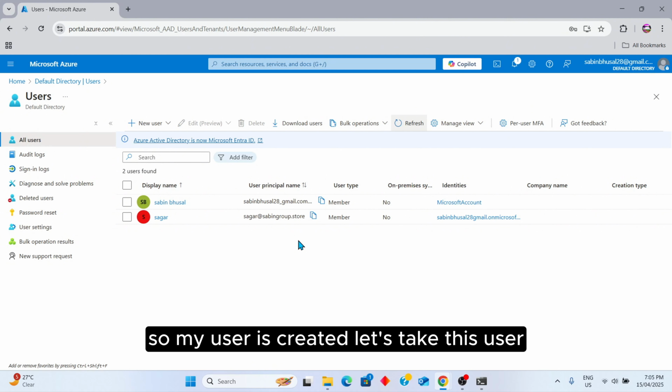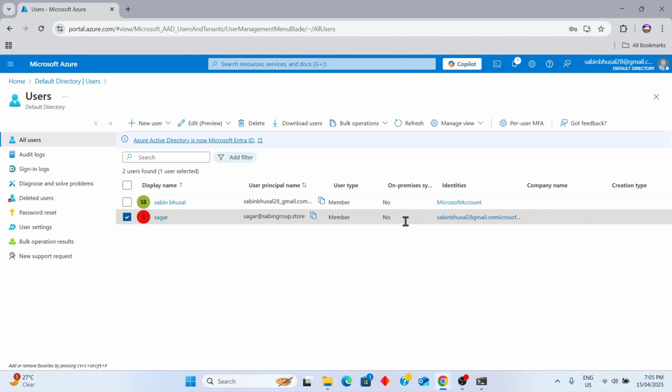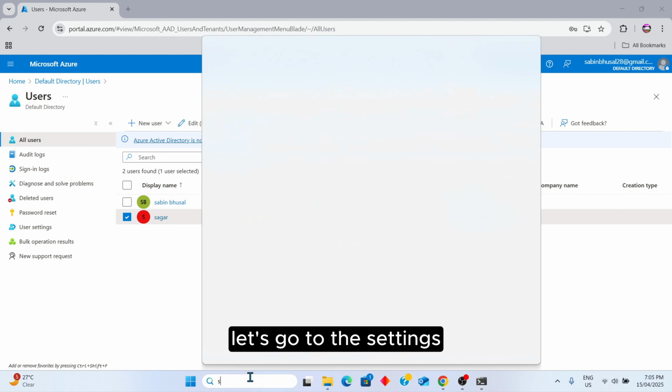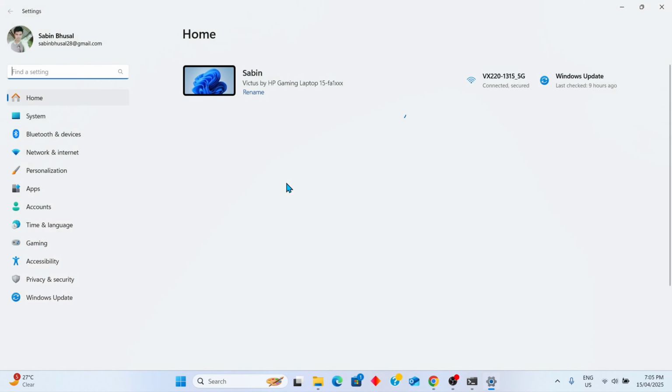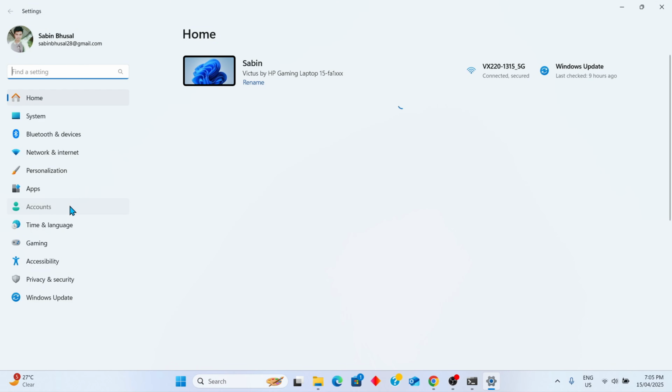So my user is created. Let's use this user to join this device to Microsoft Entra ID. I'm going to copy the user principal name. Let's go to the settings, accounts,